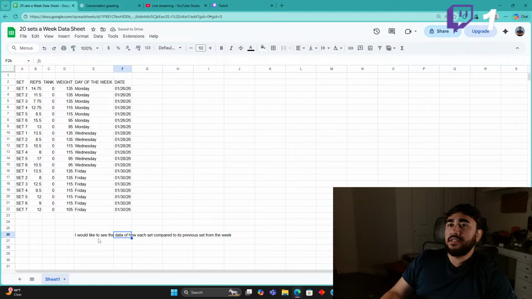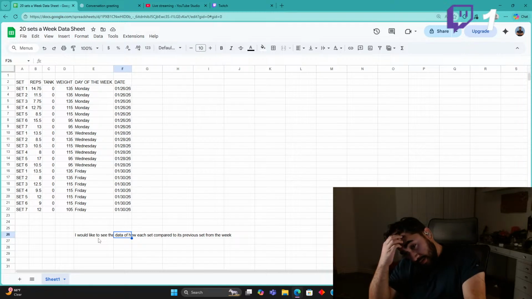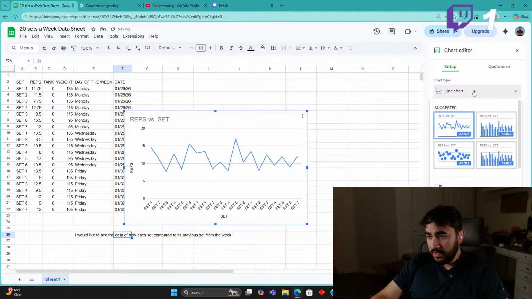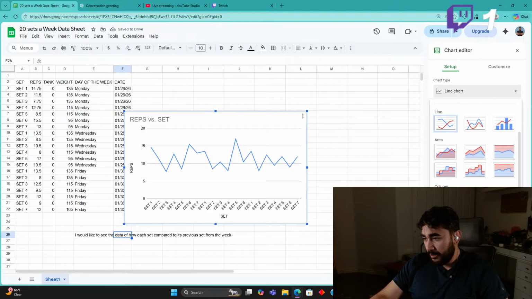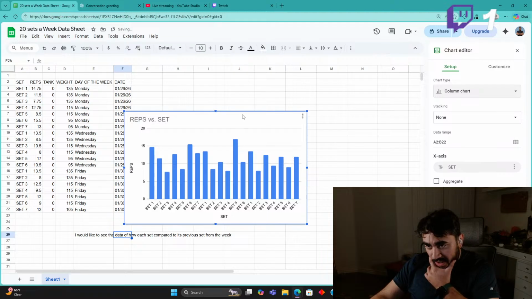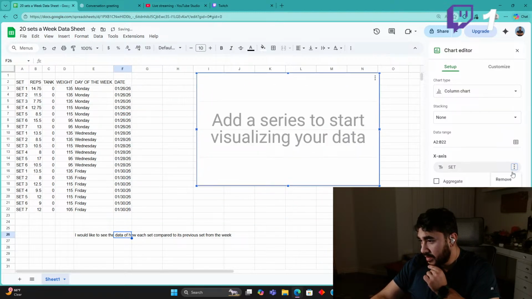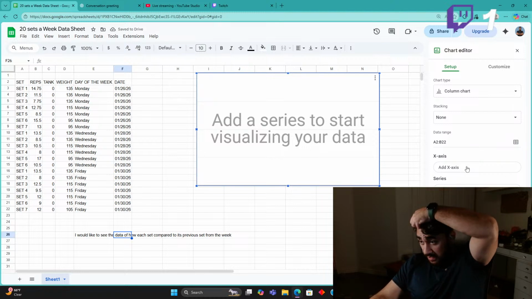So the X is set 1, it's a bar graph. Insert a graph, and it's going to be a bar graph, a column graph. Here we go, column chart like this. Get rid of everything. Remove. Okay, so the X is going to be